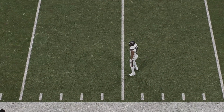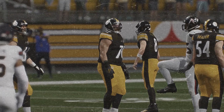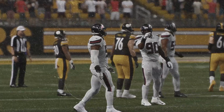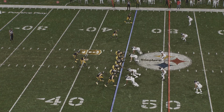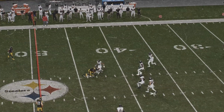That one too wide and incomplete. Let's face it, this defense has had its share of struggles all game long, and they know that they can put it all behind them if they defend well here in the 2-minute drill. Excellent coverage right there to force the incompletion. No choice but to go. Here's 4th down now. Well, go for it. It's Rodgers. Work in the middle of